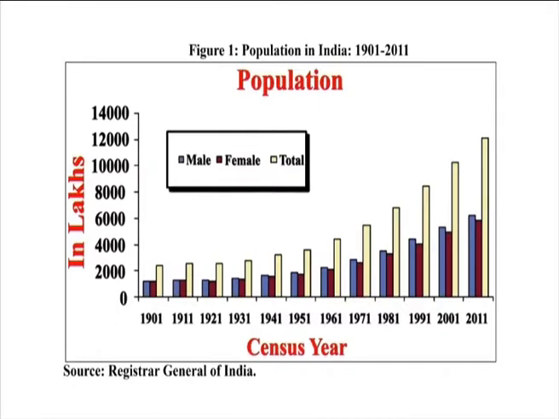The growth of population in India since 1901 can be observed from figure 1. The figure shows that the population of India was merely 238.40 million in 1901, which grew to about 1028.7 million in 2001 and further to 1210 million in 2011. Further, the figure shows that out of the total population in 2011, the number of males was